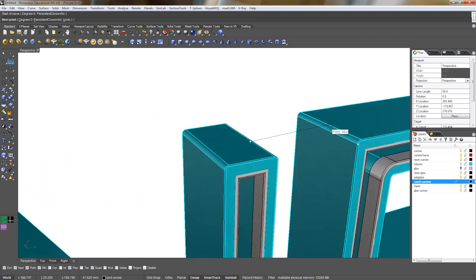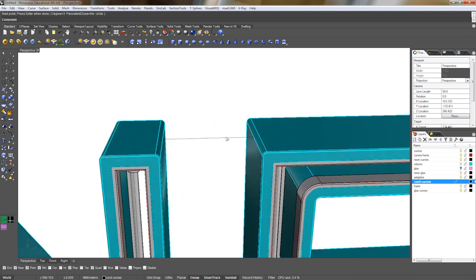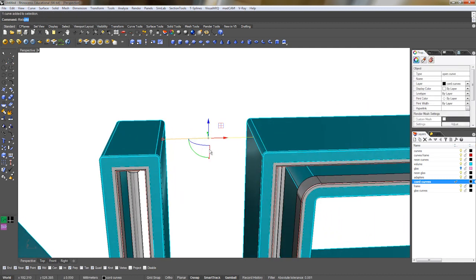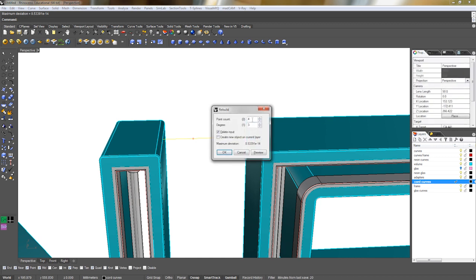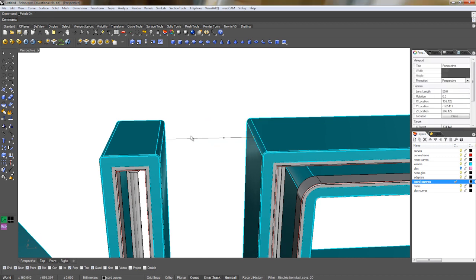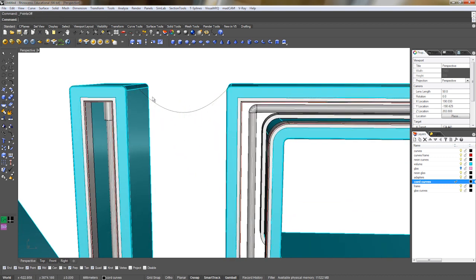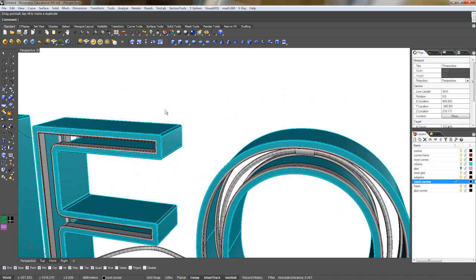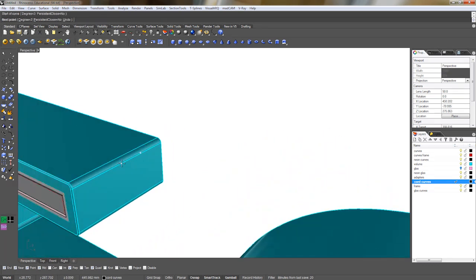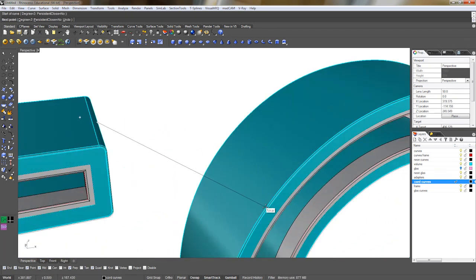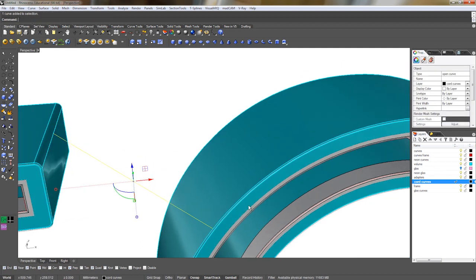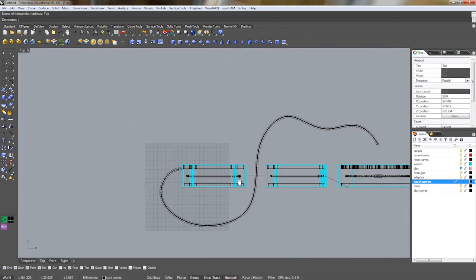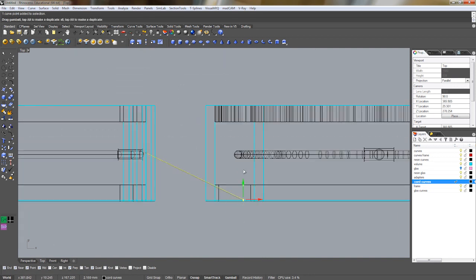Okay, so we got this here, and now we're gonna do the chords in between. We're going to use again the curve here, snap in the middle, snap the other middle, and now we got a curve with 2 points, so we're gonna rebuild it, make a curve with 4 points from it, points on, and it should look like this. We're gonna put this down a bit. Same thing for the other